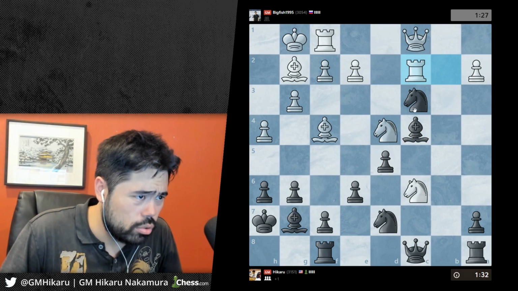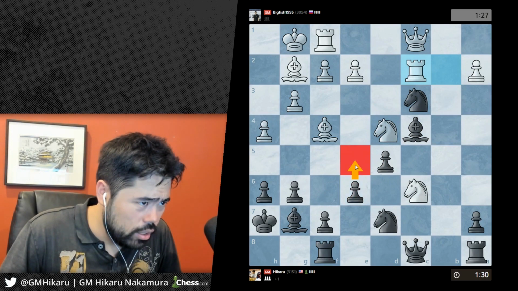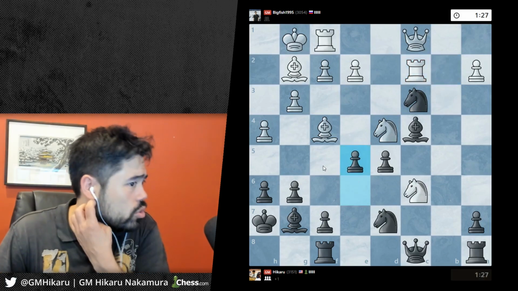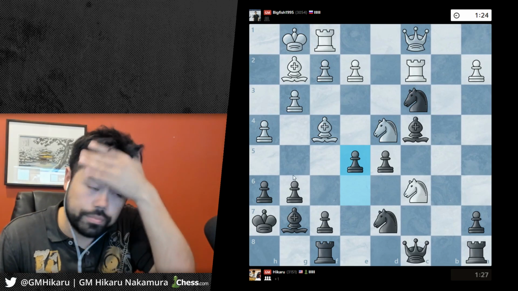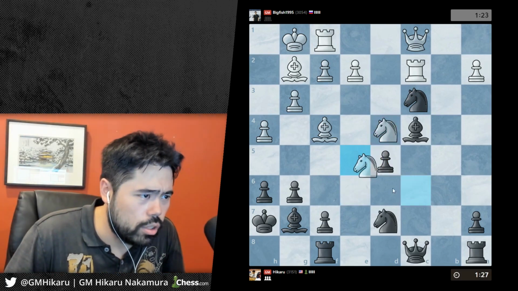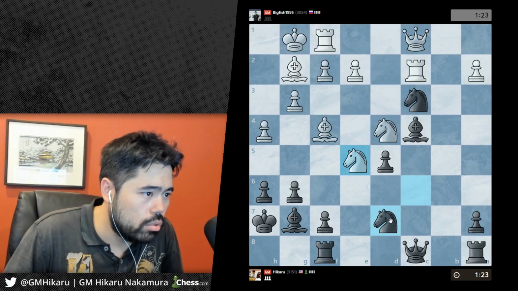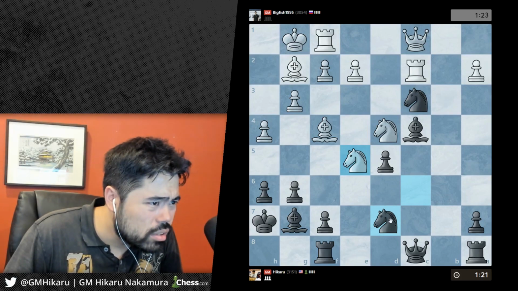Okay, he plays rook c2, so he's trying to sack. I mean, the idea here is to play e5. I don't know if it works, but I can't resist, so let's just do it. He can't move the knight anywhere because he hangs stuff. Oh, does he just... Oh. Did I just miss this? Knight e2...